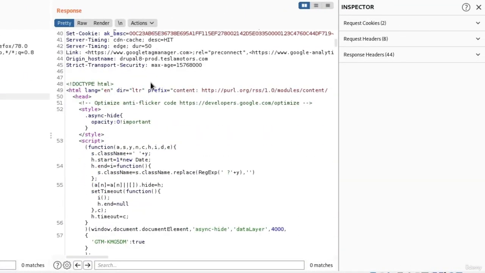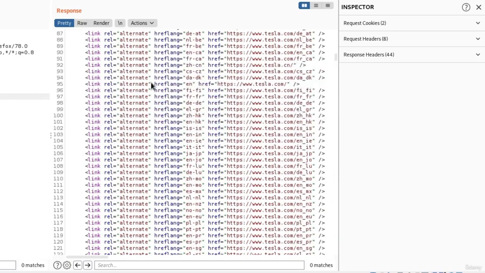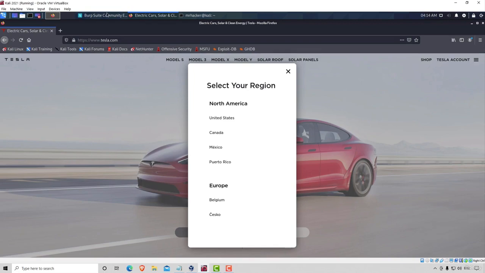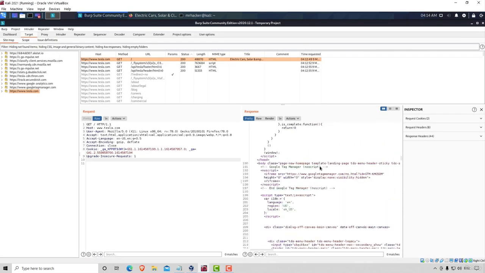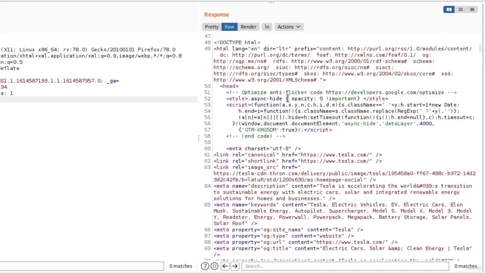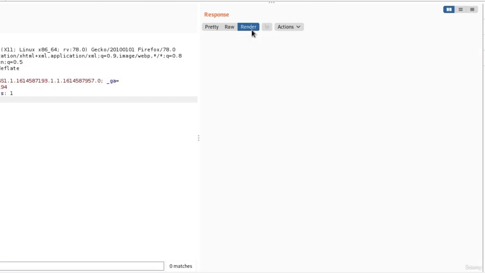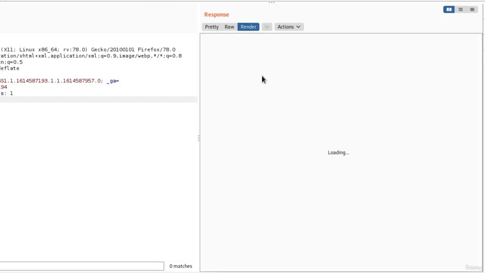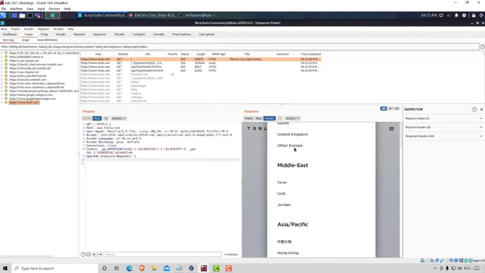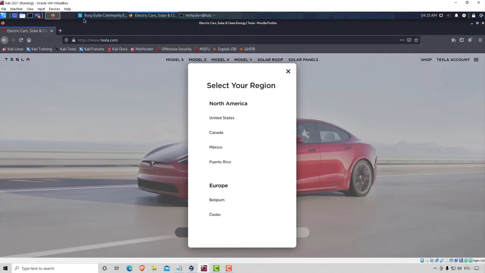We can scroll all the way down and we will be able to see the HTML code of tesla.com page, which is this one right here. We can print it out like this. We can also take a look at the raw headers right here, as well as the HTML code. And we can also press the render option, and this will render the HTML code of that page, and we should be able to see the page right here in just a couple of seconds. And here it is. Now it doesn't look quite that good, as it does look right here,